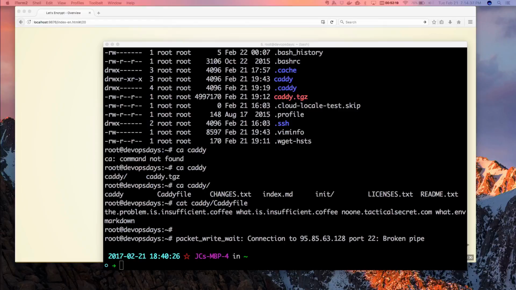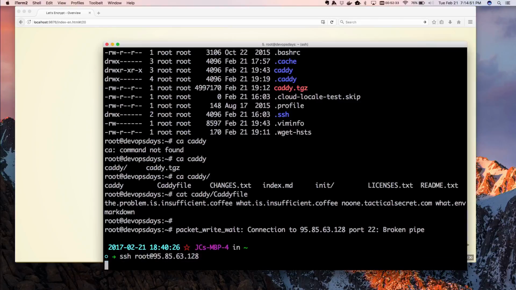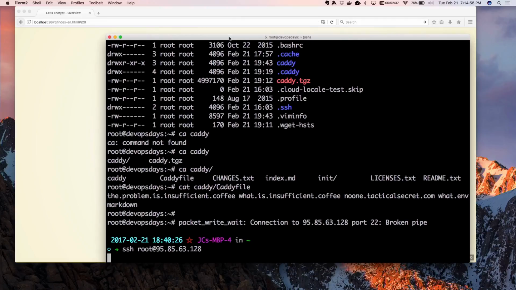Earlier today, a few hours ago, I picked up a VPS at DigitalOcean just for fun and giggles. As you can see, it still has the root login, but the Wi-Fi in here took a dump.